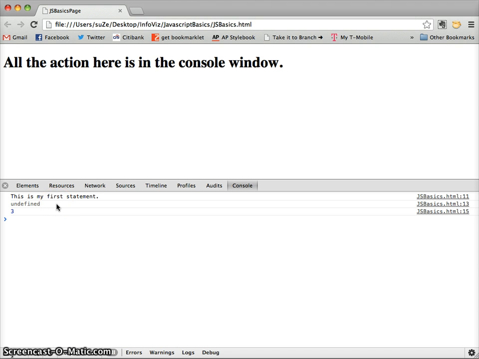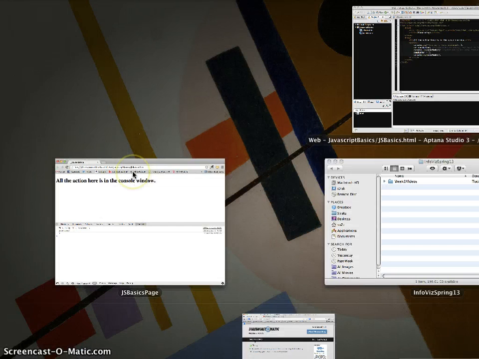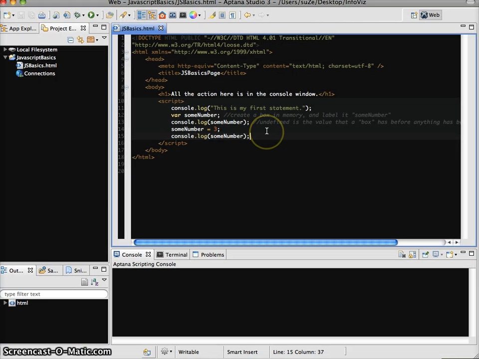There we go. So by putting that equal sign and the 3 on the right-hand side, I'm saying, hey, these two things are equivalent. The box that's labeled some number, I want it to contain the value 3 now. I could change this, right? I could then later on, and this is an important thing to note as well,